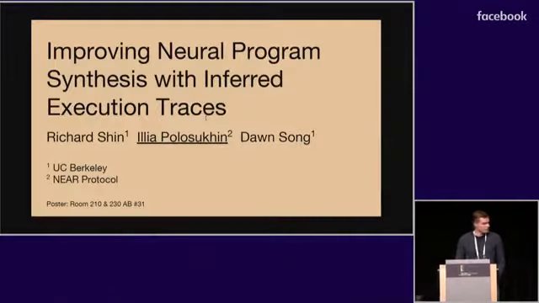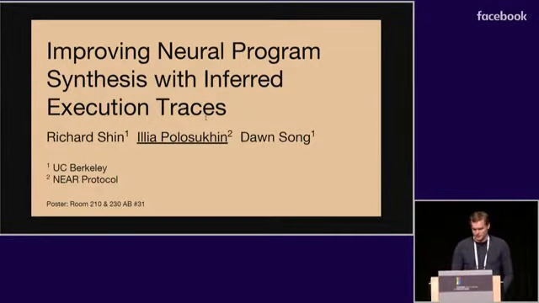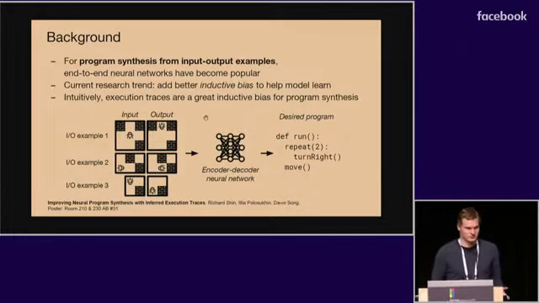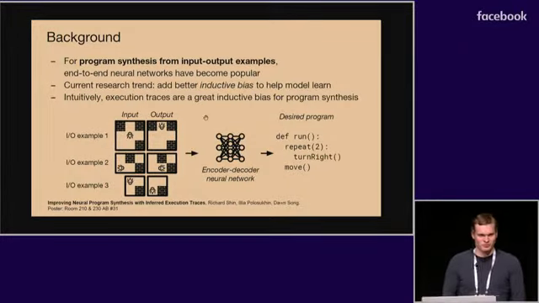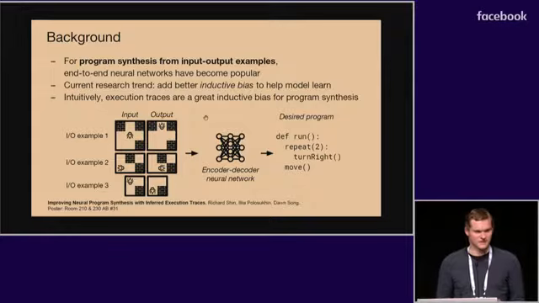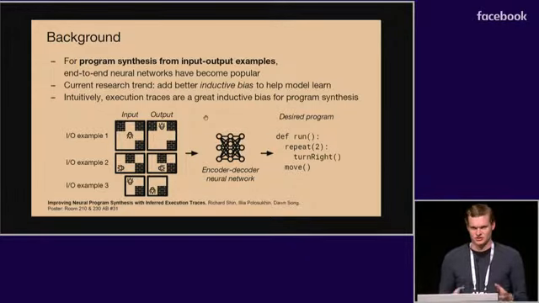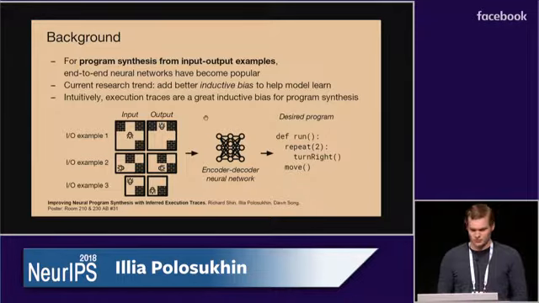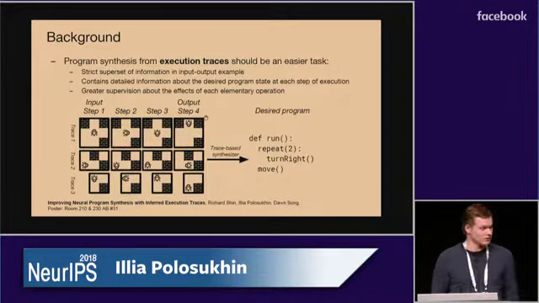Hi, everybody. It's joint work with Richard Shin and Dawn Song from Berkeley. So deep learning has become more and more popular for program synthesis, specifically from input and output examples. And a general trend in research is to use inductive bias to improve how models learn. In program synthesis in general, it seems like execution traces of the program would be very useful for improving how models learn. Specifically, program